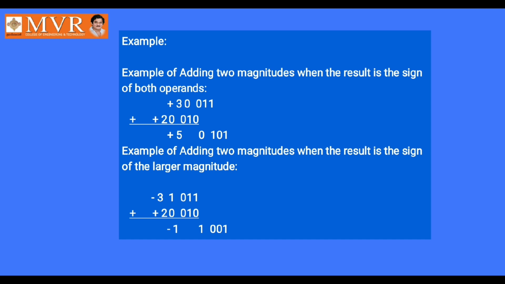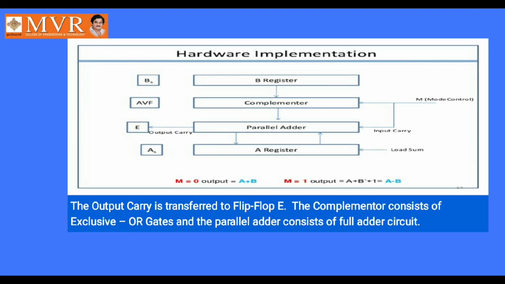So you see the second example. The first one is a negative number, the second one is a positive number. So the signs of both values are not equal. That's why we are getting a negative value. Negative means minus 1. So that's why in the most significant position, we have the value 1, which is used to represent that the result is a negative value. So these are the two simple examples.